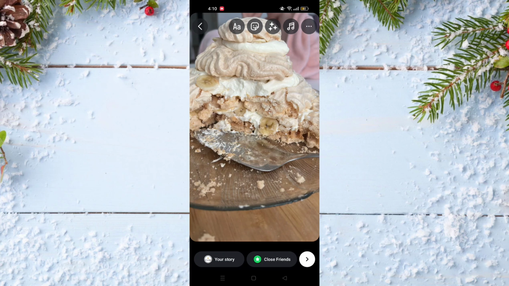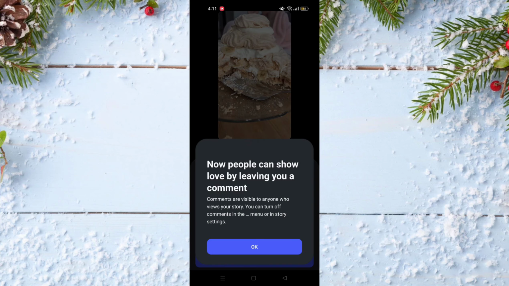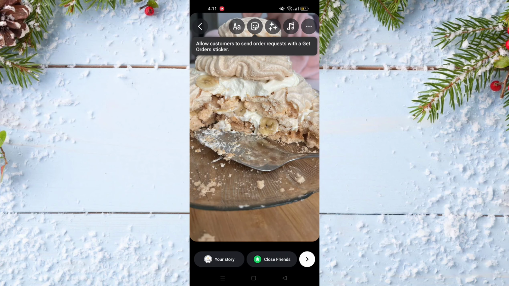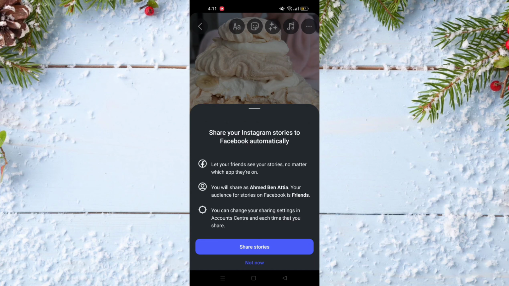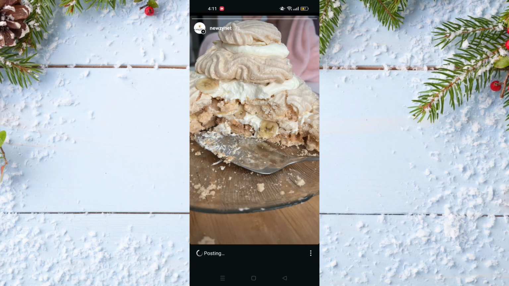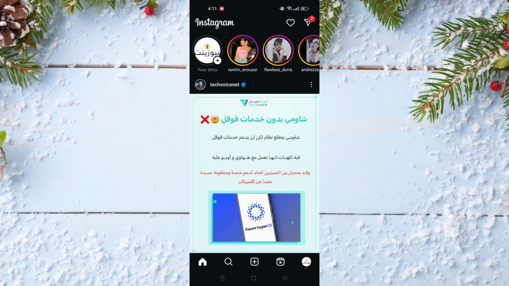And after that, post that story, or you can also go and post it as story. Just wait for a few seconds until that picture is posted. And of course, don't forget to go back after 24 hours and to unhide your stories